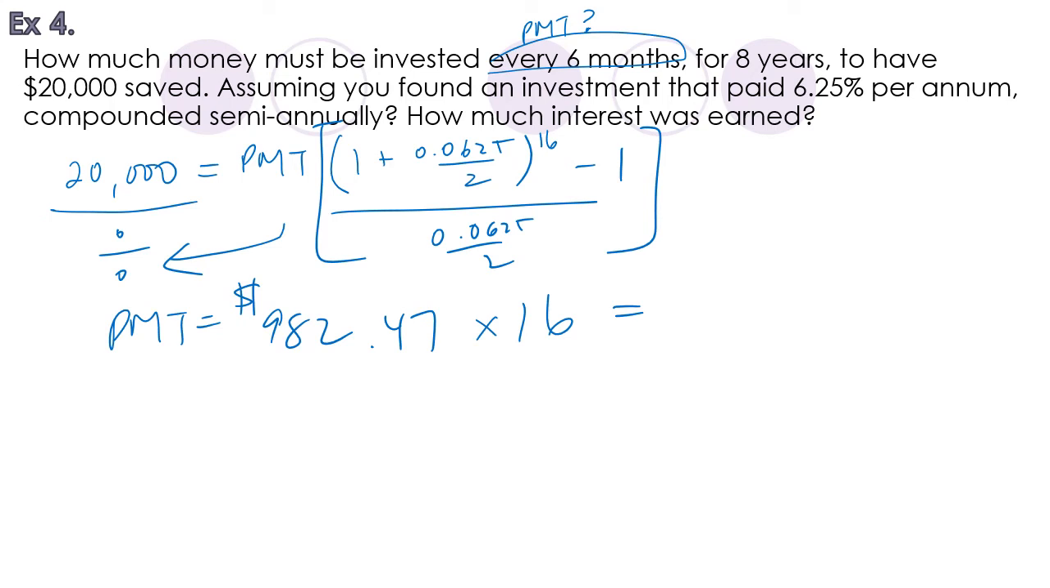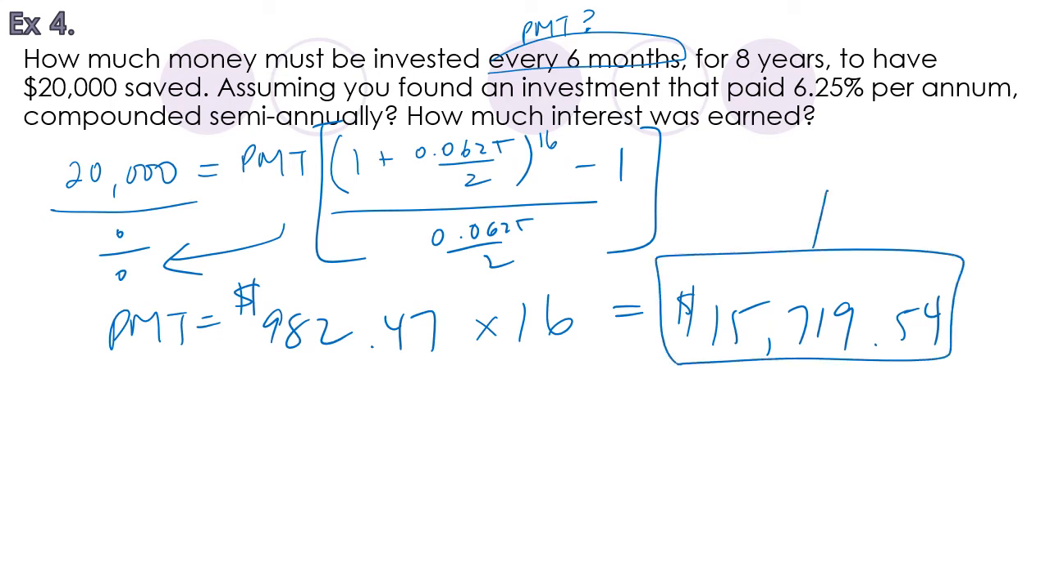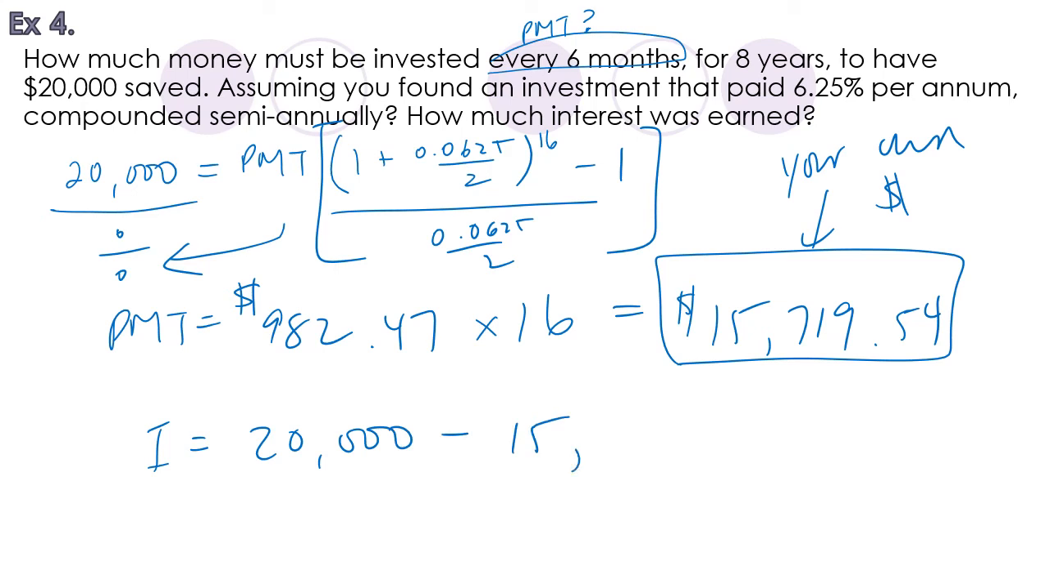So without clearing anything on your calculator, you could just type in right now times 16. We get $15,719.54. That's your own money. I need to figure out how much interest I earned. Well, I walked away with 20 grand minus how much of my own money I put in, which, while we're thinking about it, if that calculation I just did, how much my own money I put in,